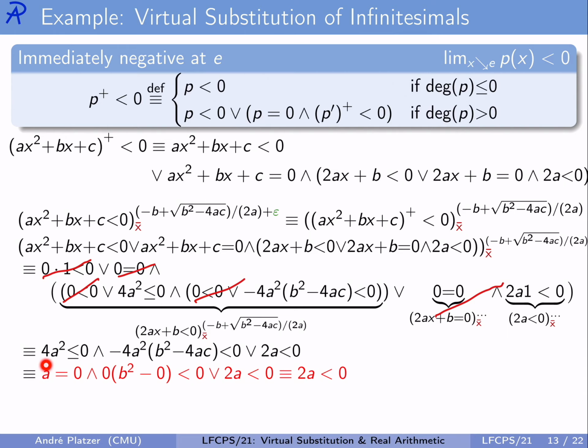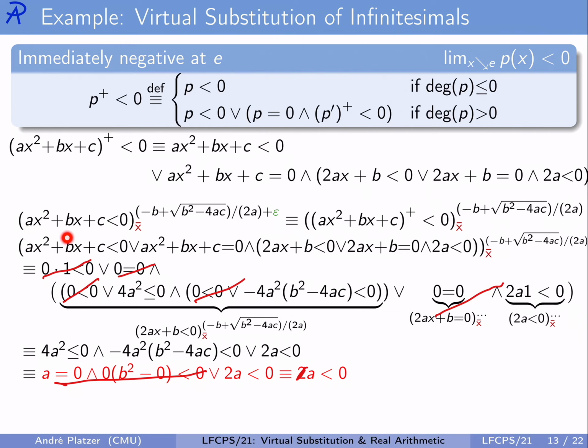Now that can be simplified a bit more because 4a squared less or equal 0 is simplified to just be a equals 0. It's easier because of lower degrees. But then if a is 0, we can plug this value in for 4a squared as well. So that's 0 multiplied by some other things less than 0. That's very easily seen not to work out. And so the only thing that's remaining is 2a less than 0, which is precisely the outcome at the end of the day. And that makes some sense